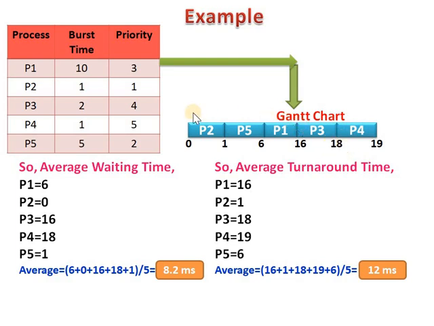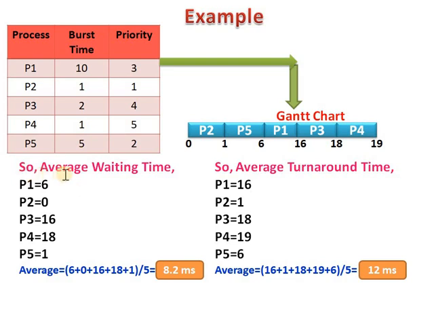And then at last the P4 process is executed because it has priority 5. The last priority process is the P4 process. What is the burst time for that P4 process? 1 millisecond. So, for 1 millisecond the P4 process is executed. This is the Gantt chart for this example using priority scheduling.